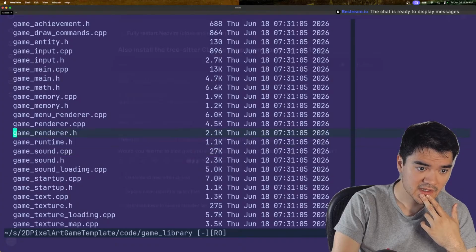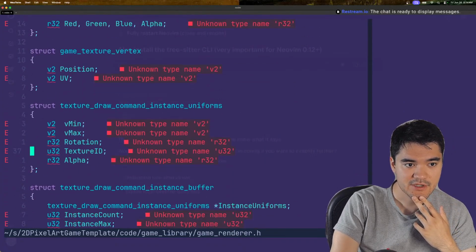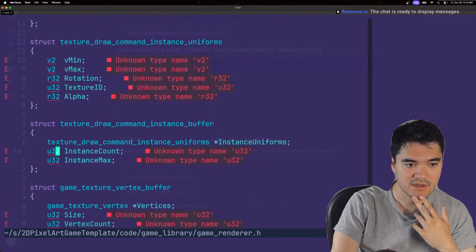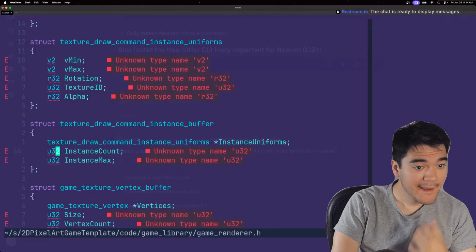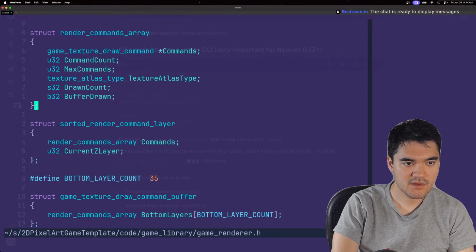What is the sauce there? That's pretty much it, right? So this one has position UV, right? I mean, it must be that, but then somewhere